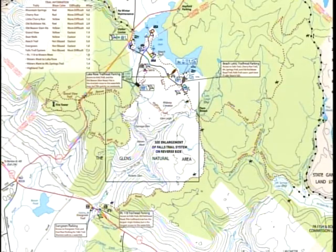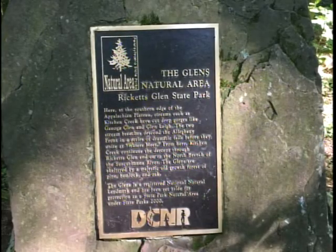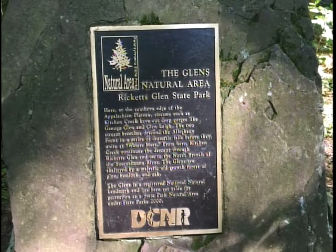Now, in the middle of this map, the white area is actually the area of the glens. It's part of the park, and all the way down at the bottom, just to the left, you can see there's a road goes down there, and there's a trail that goes then up through all the glens. But the bottom of the trail is an old growth forest. There's big old trees in there that are hundreds of years old, and here's a plaque about the area here, and this is actually on the National Register of